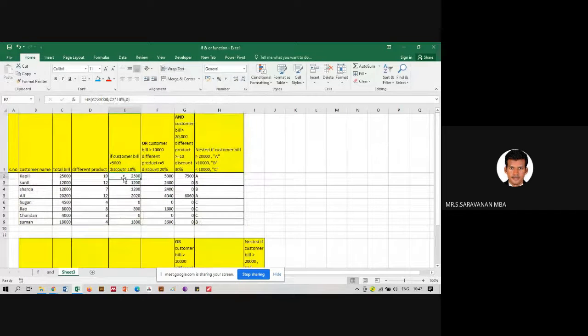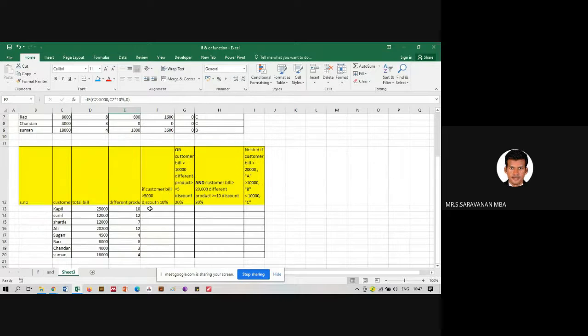So the formula is very straightforward. Equal to IF, open the bracket, click, we are talking about total sales greater than 5,000.